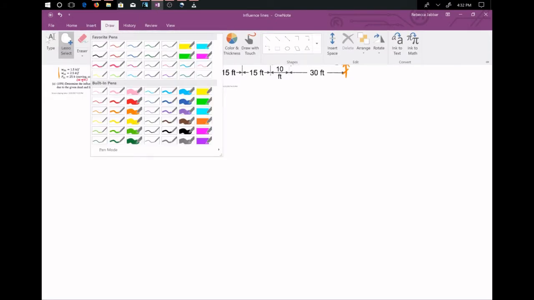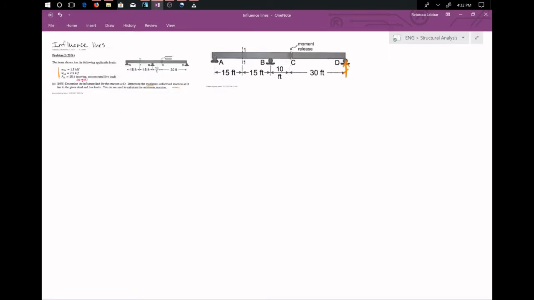I'm not going to walk through how to do it, but I will just say it can take a lot longer. So we are going to just look at the qualitative method, and I do recommend understanding both approaches to creating influence lines, and then in the future trying as much as possible to only use the qualitative,